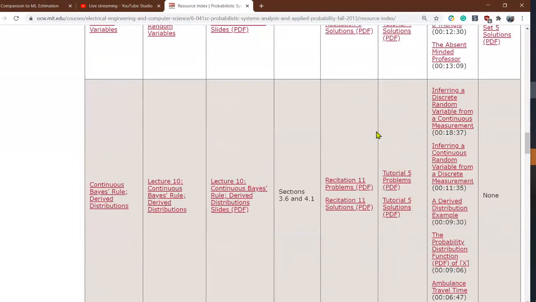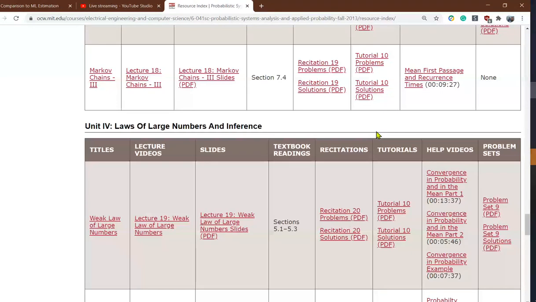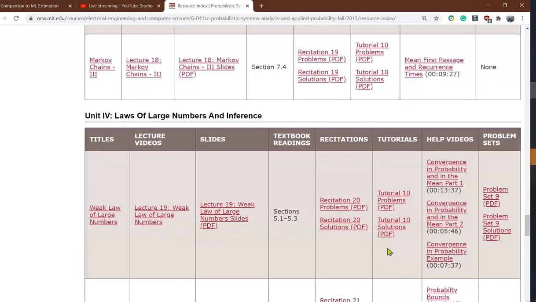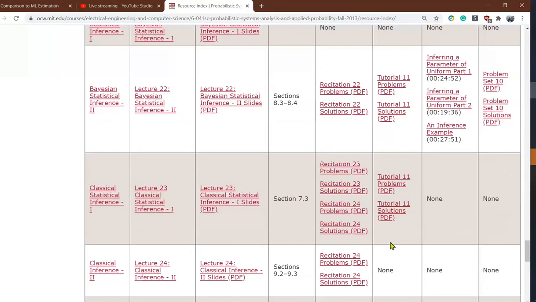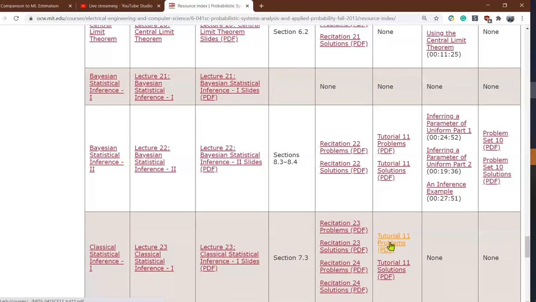If you go to the MIT OCW, there are plenty of problem sets, tutorial videos, solutions, and everything. There is also classical inference and Bayesian inference, and there are plenty of problems there too. I have tried to cover important problems from this in the assignments, in the tutorials, and everything. But if you still want more practice, all of them are solved, including solutions.